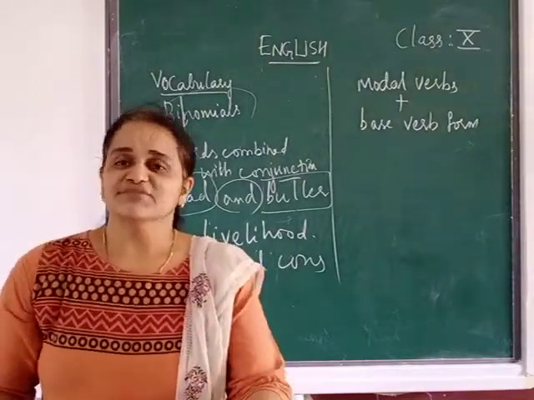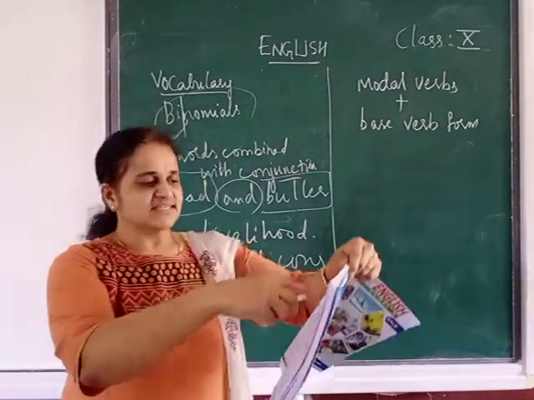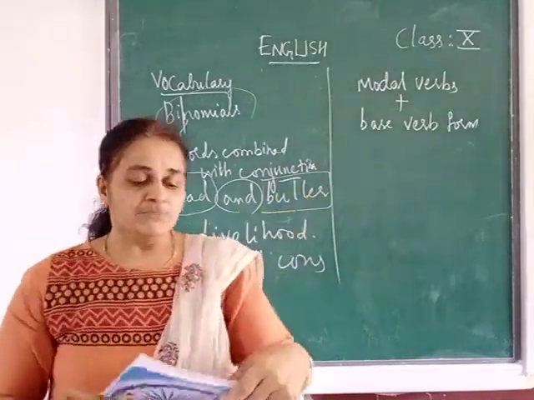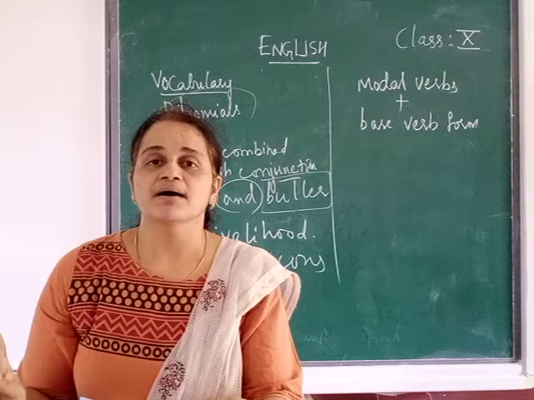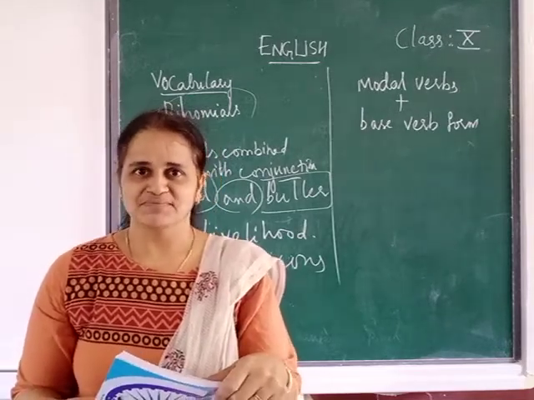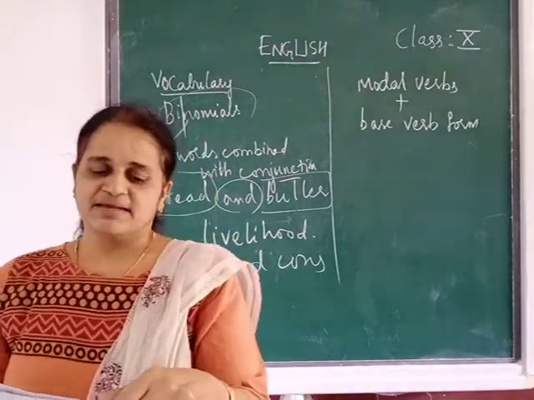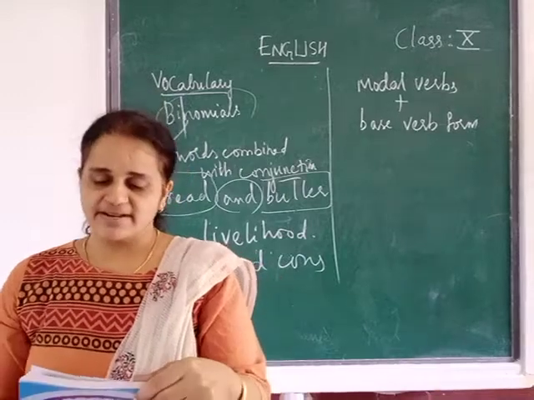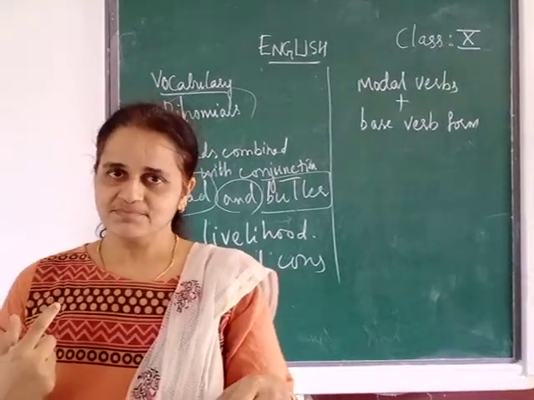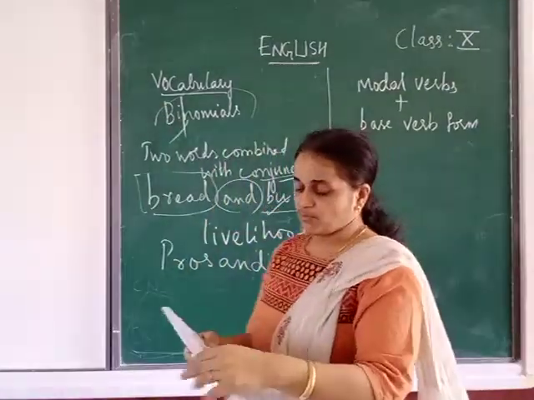Next, odds and ends. Odds and ends means some unimportant things. After that, they have given some sentences here. We will take one example. Music is not only Rahman's... Who is this Rahman? The very great musician who got the Oscar award. Who is that? A.R. Rahman. So music is not only Rahman's bread and butter but also his passion. Passion is love. Bread and butter, I told you the meaning, livelihood. Now match the following is there.